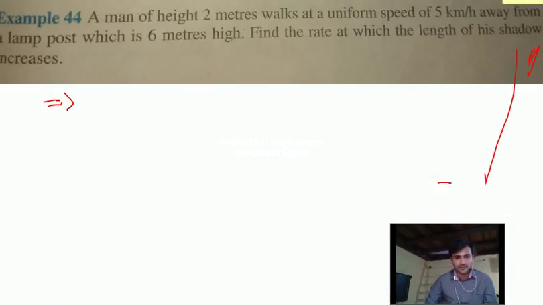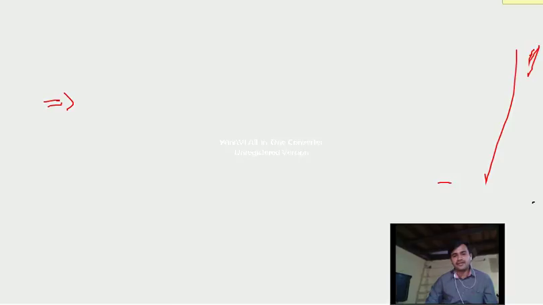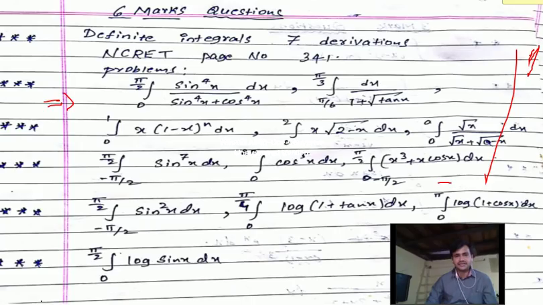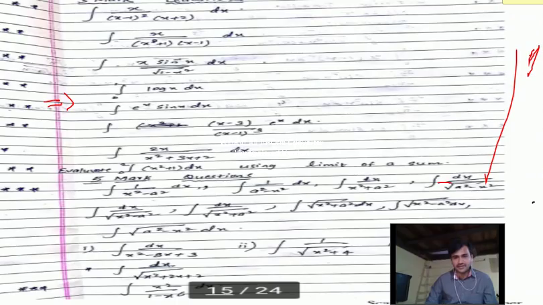Or you may have a man height 2 meters walks at a uniform speed, and you have one more problem of sand is pouring from a pipe at the rate of that problem. Okay, then we have now five options for that 5-mark question. Next, 6th one, either you can go for integration. Again, many students will think integration is a very difficult chapter, but in that integration also, by utilizing a very